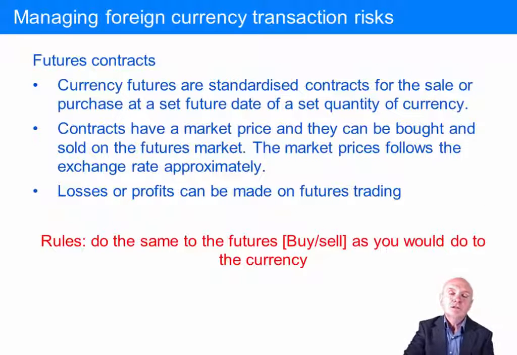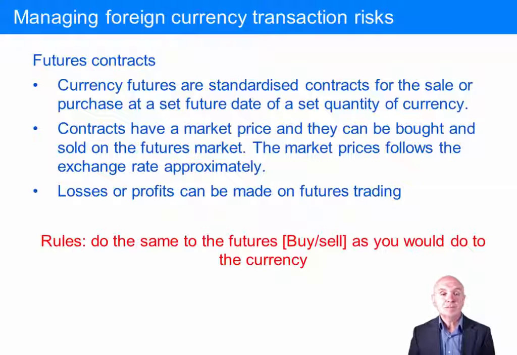Both forward contracts and money market hedges were over-the-counter approaches. You had to go in, sit down, and negotiate with your bank manager. But that would enable you to negotiate very precise amounts to be covered and very precise dates and so on. Futures contracts and later on options contracts are not over-the-counter. They're market-based approaches. You can buy and sell items on the market, which is going to help you to